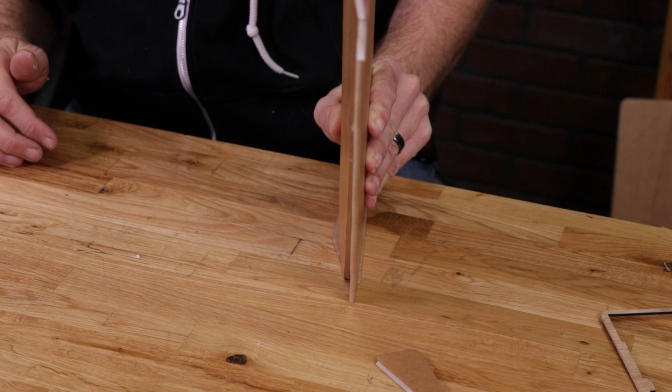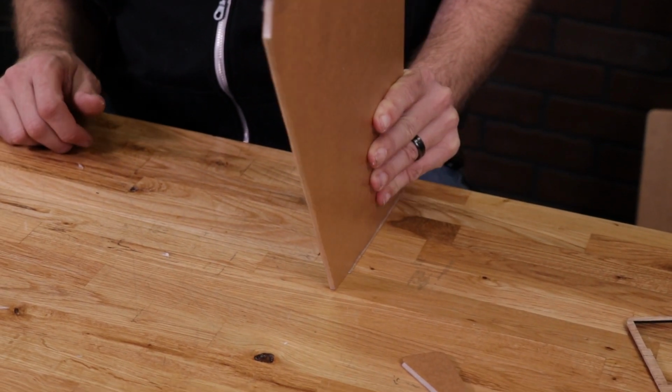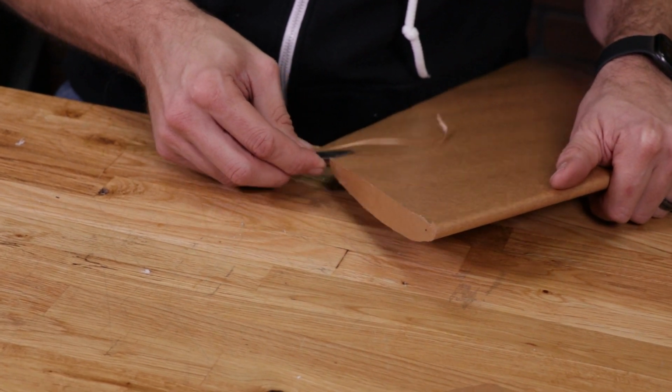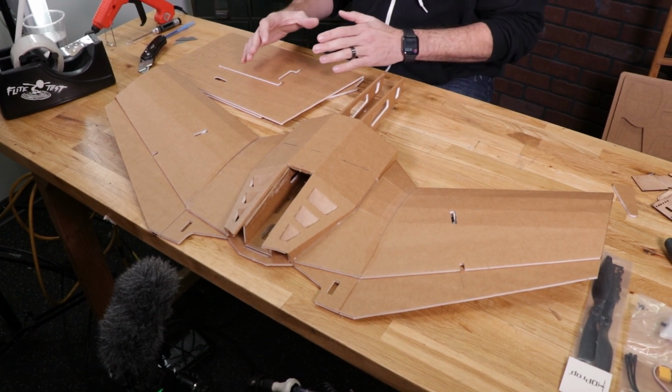Then we'll use the table as our friend and press it down nice and flat. I like to kind of rock it back and forth just a little bit. Now we can come back with a razor blade and trim off the excess. Now that we have the top section pretty much complete, we're going to go ahead and move on to the